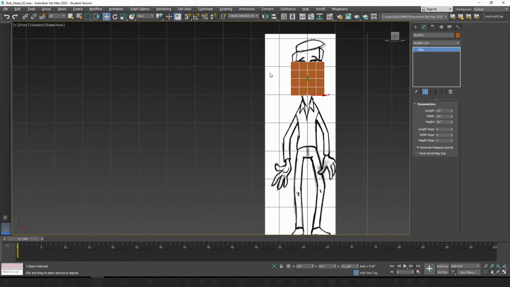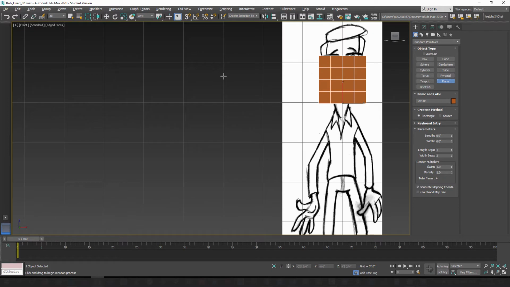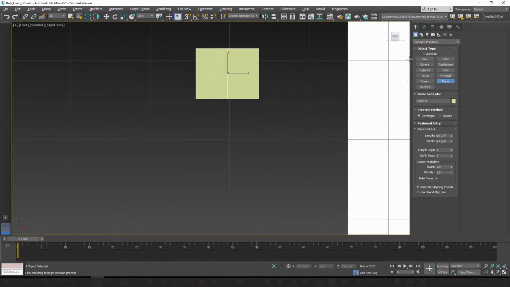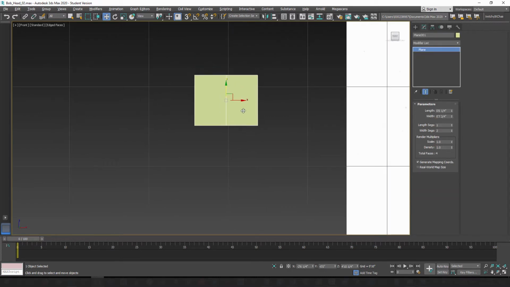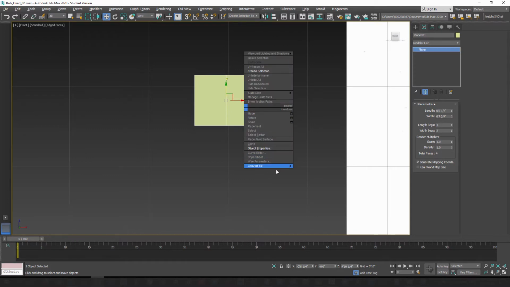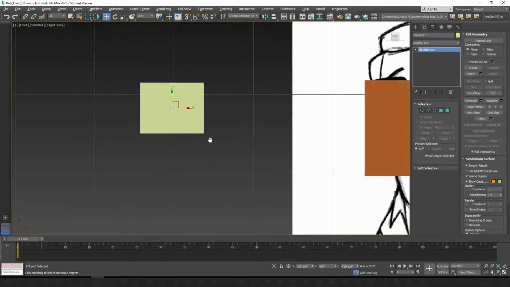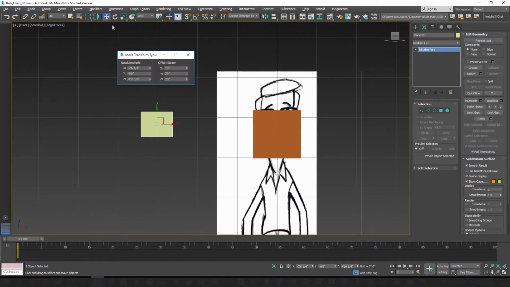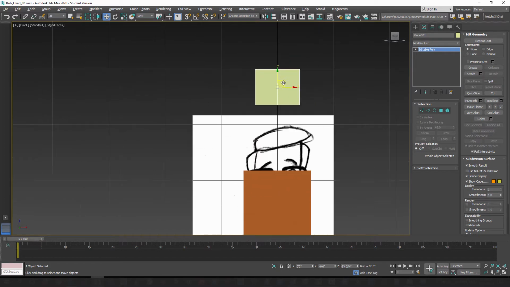Just off to the side in the front view, if we were going to do this using the plane modeling method, I'll do a quick demonstration here. If we create a plane, you have the option in the modify panel to add as many segments as you want. If I convert the plane to editable poly, typically what would happen, we'll take this plane, we'll right click on select and move, and we'll center it in the X and Y. I'll just move it up above to do a quick demo. And if I go into perspective,